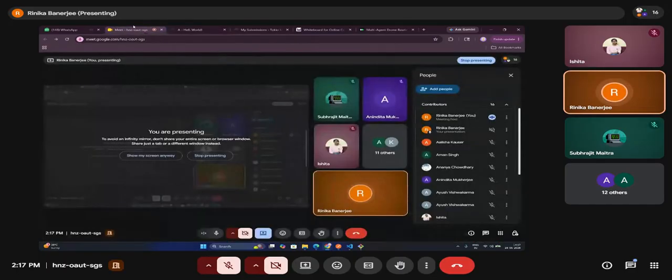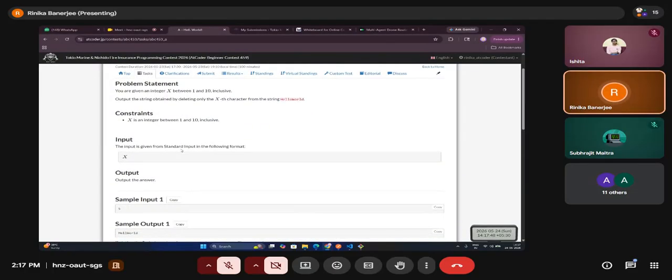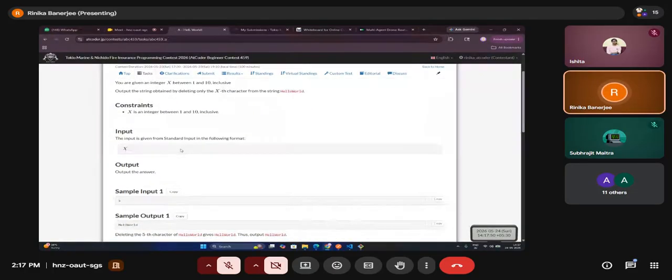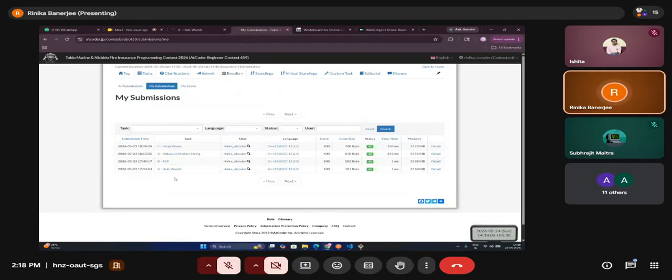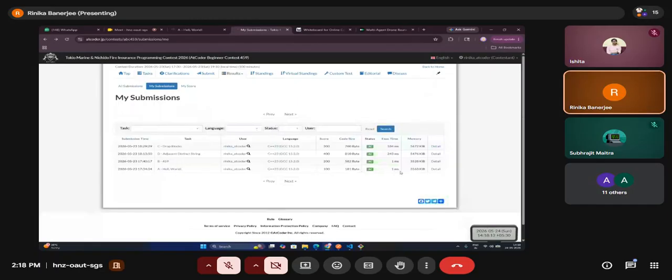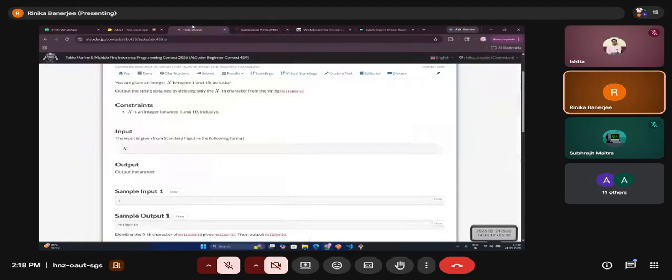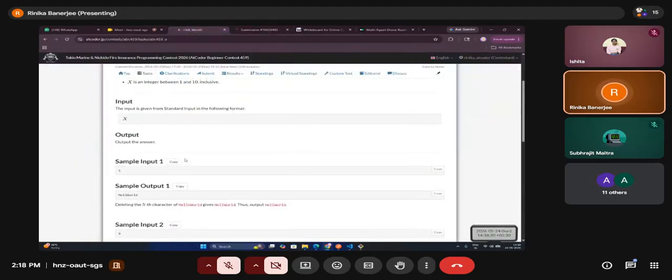So what we need to do here is input x and then use a built-in function of C++, string erase, s.erase, where we give two arguments. One is the position and another is the number of characters to be deleted. It is really easy. I'll just show you the code and you can understand. So this is the answer. You just need to see some examples and clarify what it wants to say.